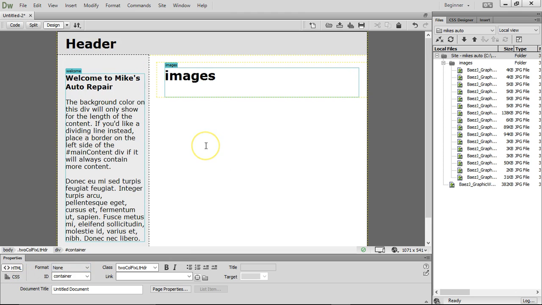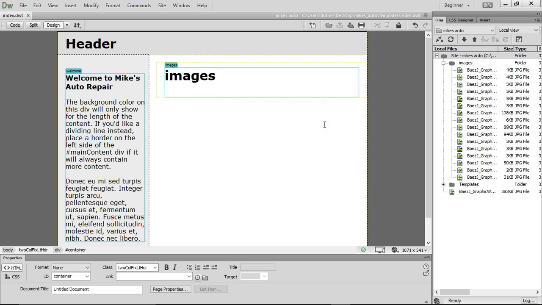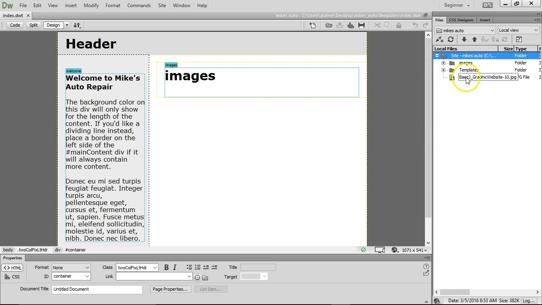All right, now that we have 2 editable regions, we can save it. Let's do Command S, Control S. I'm going to save it as index. Click Save. And you'll notice over here on the right, we have the templates folder with index page. All right, so we make a template folder. Templates, we make a template DWT first, and then we can make index pages off of this. All right,